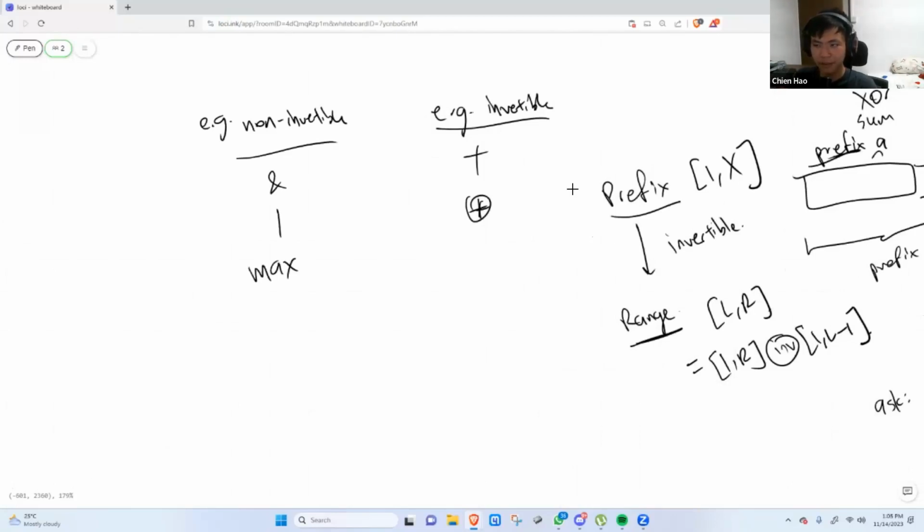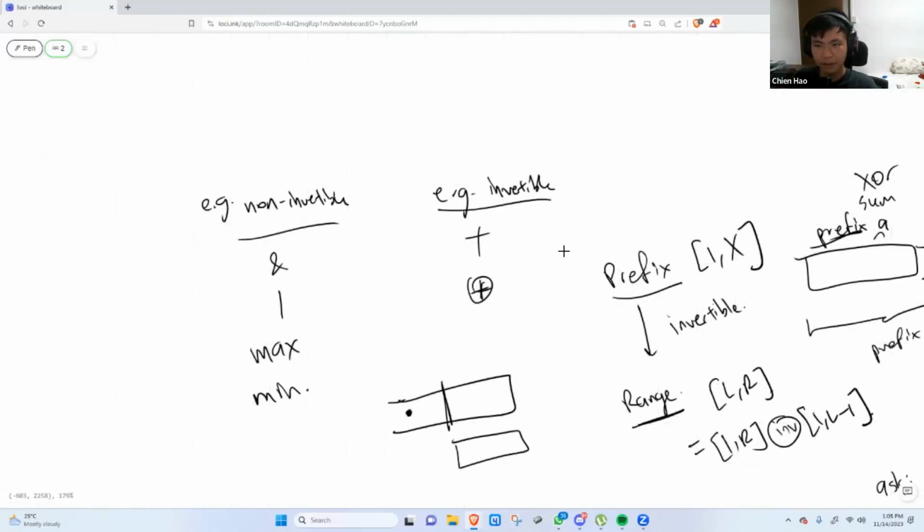If you ask for the max of a prefix, that doesn't allow you to get the max of a range, because if the maximum is here, how do you subtract away this part if you want to query this range? You cannot undo a maximum. Minimum is also not invertible. But in general, if you want to do invertible operations, you can use a Fenwick tree,